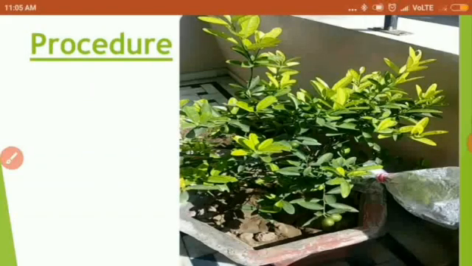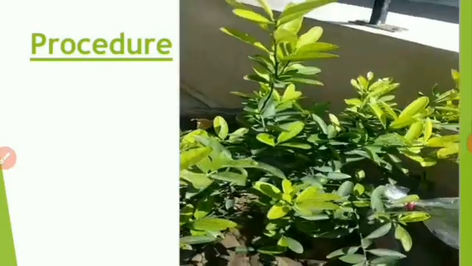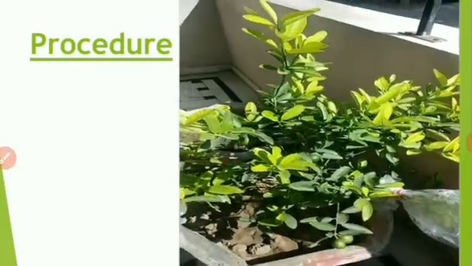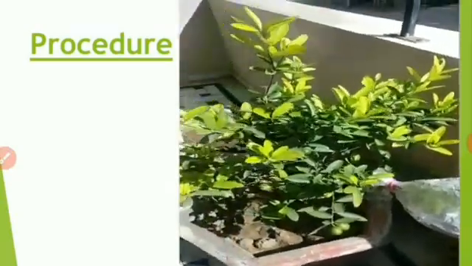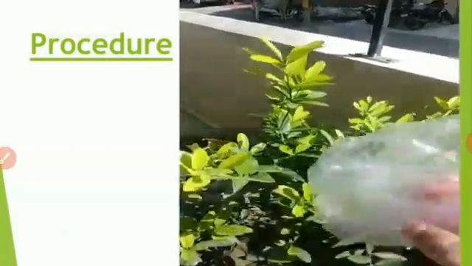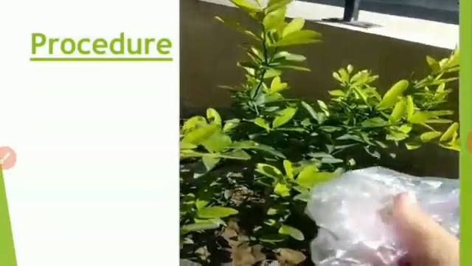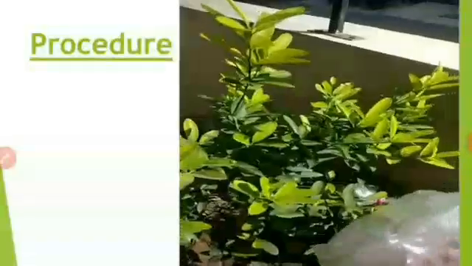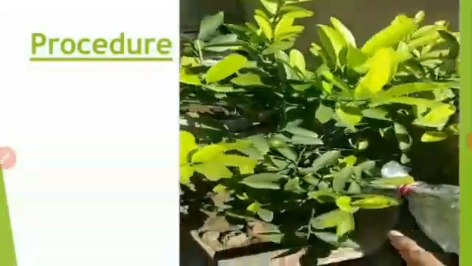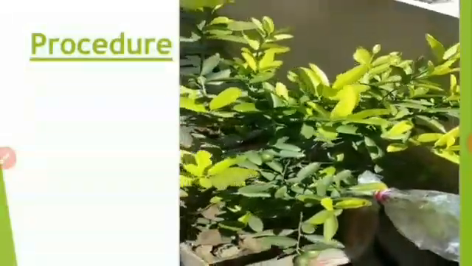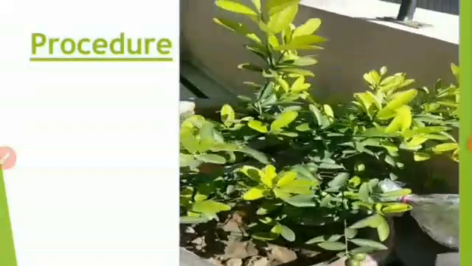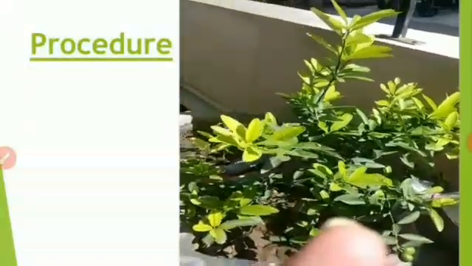So here I have performed this for you. Let us see. Here I have taken this potted plant, a lemon plant in my house, and a poly bag, which is a transparent poly bag. And with the poly bag I have taken one rubber band. Okay, this kind of rubber band. You can also take a thread, a string or a band, any kind of band.